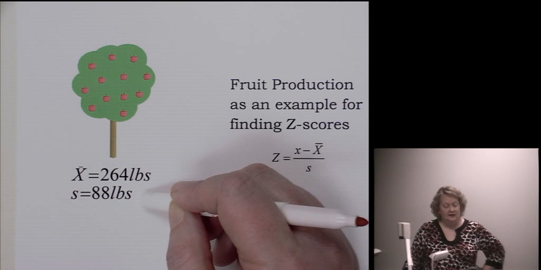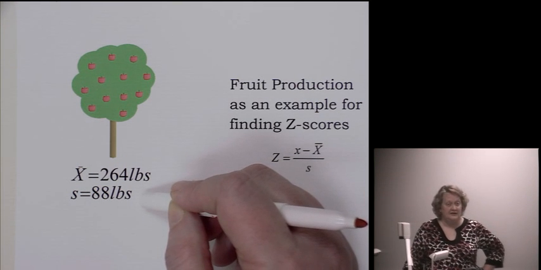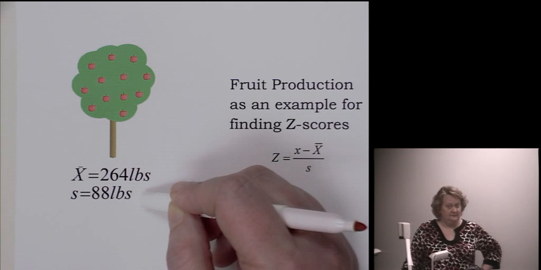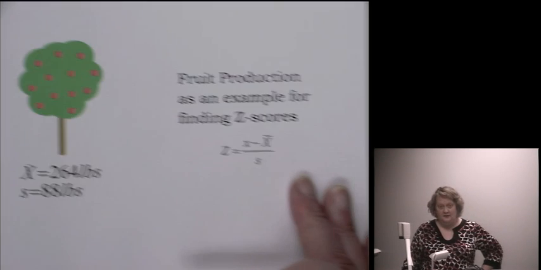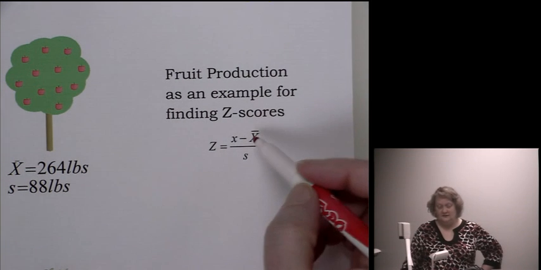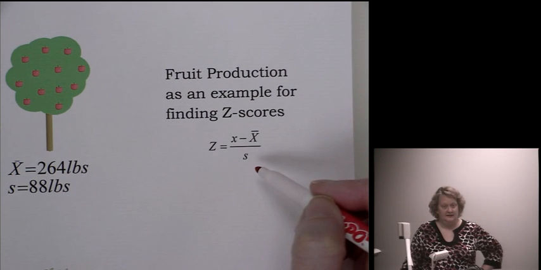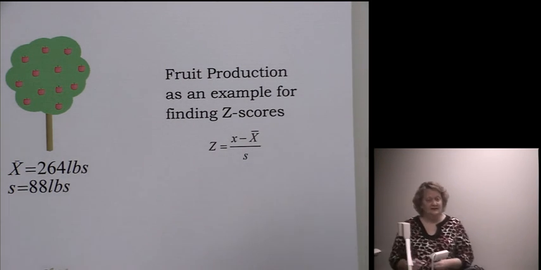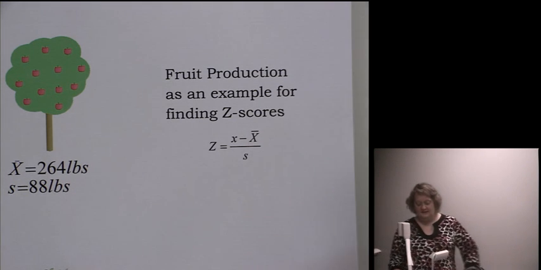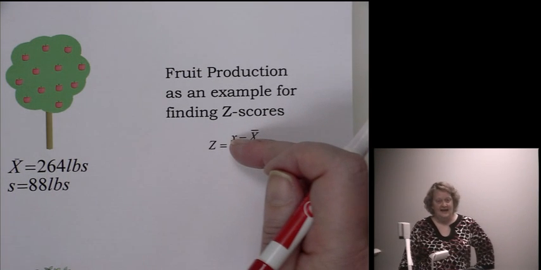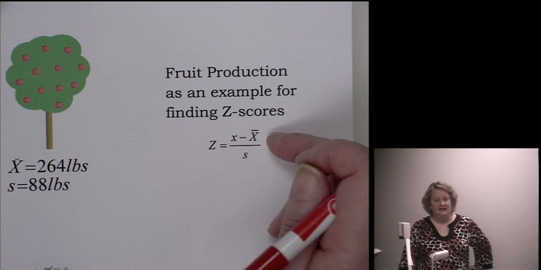And notice here, I'm using the regular symbols, not Greek symbols, because it indicated that it was a sample of 10 years. My formula for the z is going to use these regular letters as opposed to the Greek letters. No difference in the idea here, though,